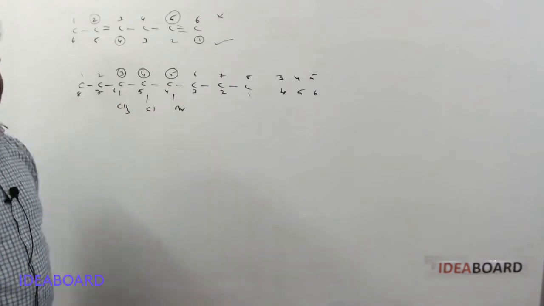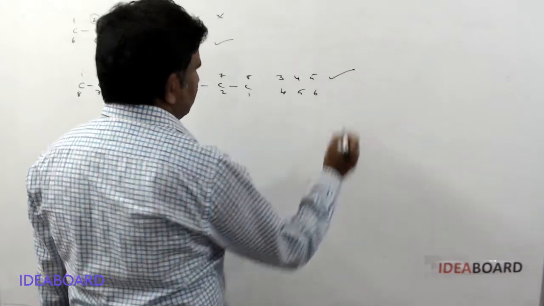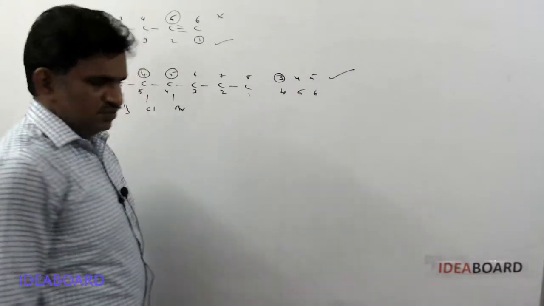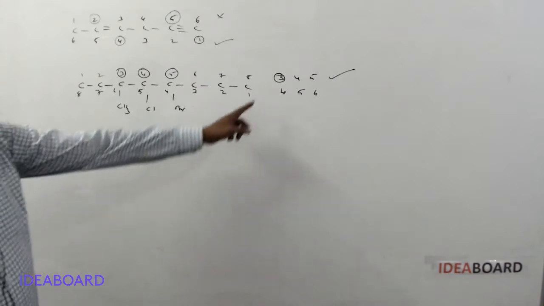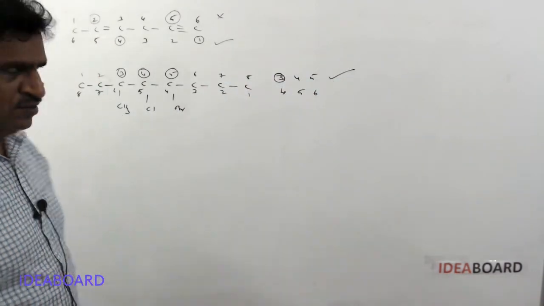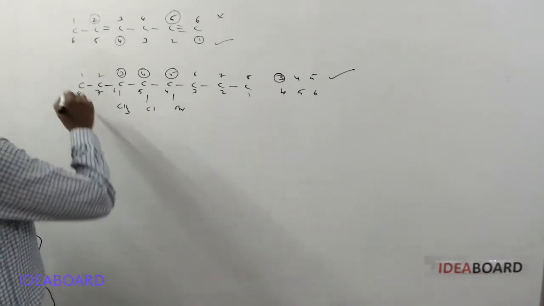substituents at different positions, then always select the lowest number. Here the lowest number rule is followed. If the first 2 are the same, then go for the next one. If they are also the same, then go for the next one. So the lowest number rule is followed. It is correct for IUPAC. So this is correct and this is wrong. Okay.